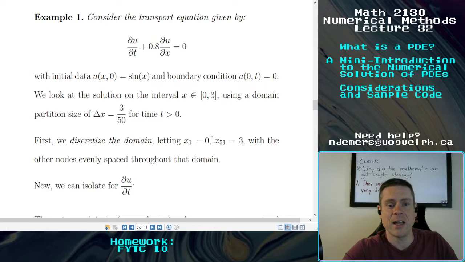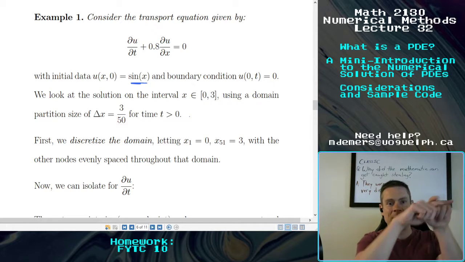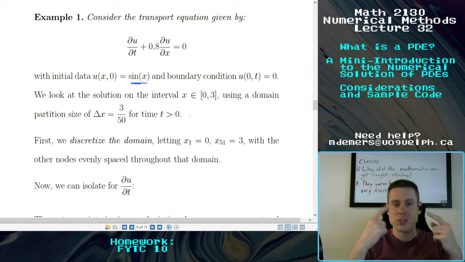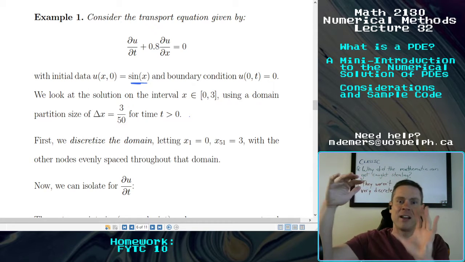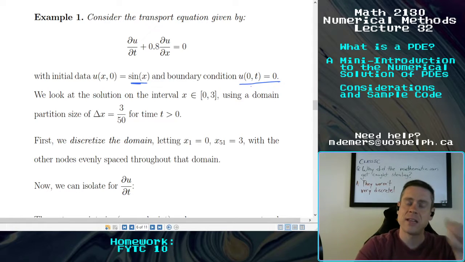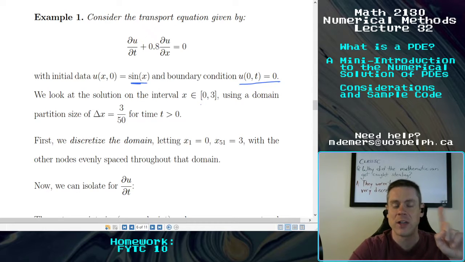We're going to use initial data of u of x and 0 is sine x. So that's saying that at the start, we have a sinusoidal distribution, and we're going to evolve things from there. What this equation should do is move that sine of x down the river, if you will. We're going to institute a boundary condition at one end, u of 0, t equals 0. So essentially this is saying that at one of the spatial endpoints, the data is always going to be equal to 0. And so we're going to look at a solution to this thing on the interval x from 0 to 3,